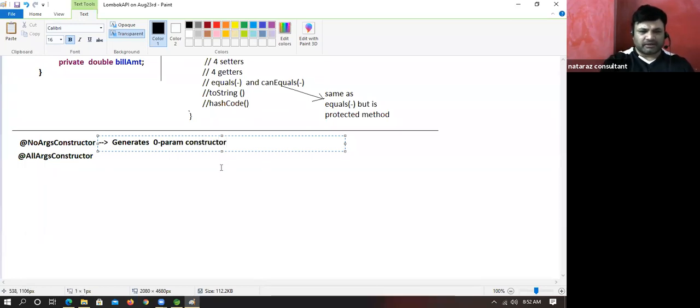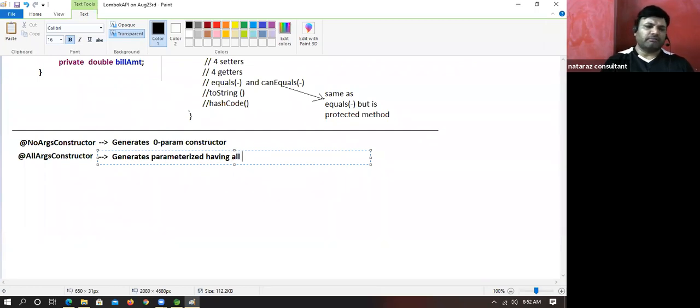And the other one generates a parameterized constructor having all properties, all fields, as parameters.